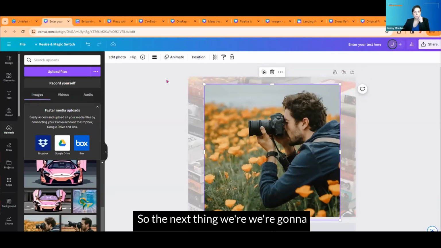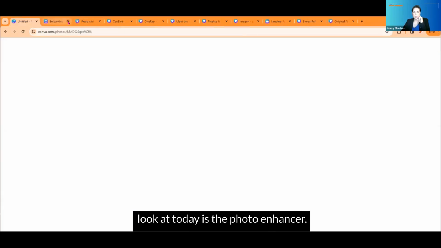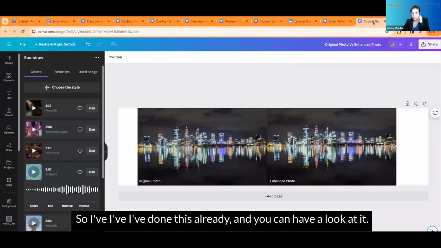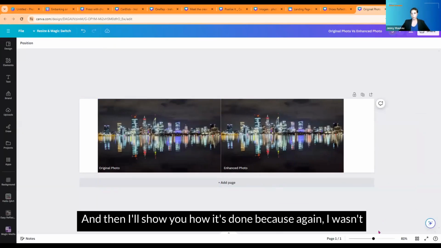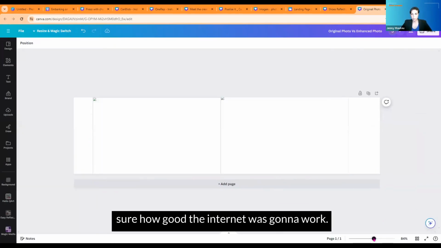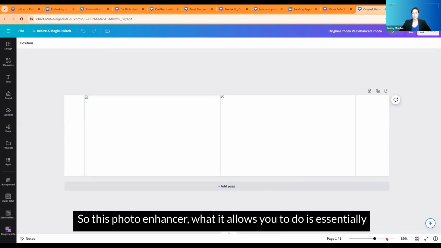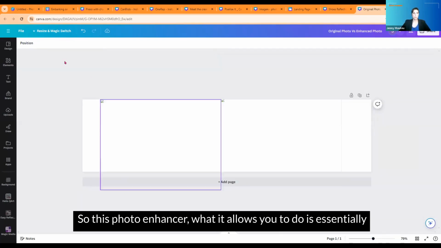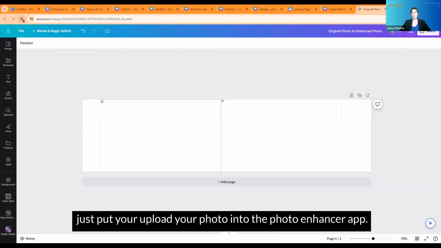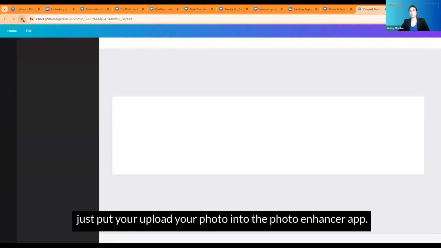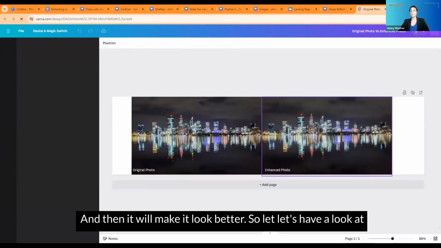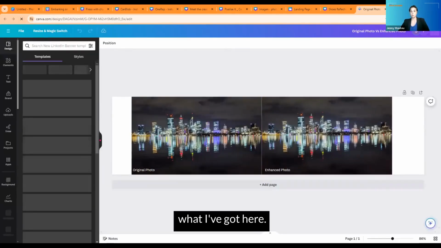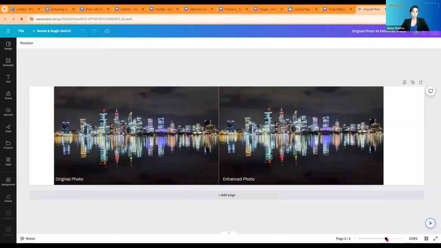All right, so the next thing we're going to look at today is the photo enhancer. I've done this already, and you can have a look at it, and then I'll show you how it's done, because again, I wasn't sure how good the internet was going to work. What this photo enhancer allows you to do is essentially upload your photo into the photo enhancer app, and then it will make it look better. So let's have a look at what I've got here. I've got an image of Perth by night. And